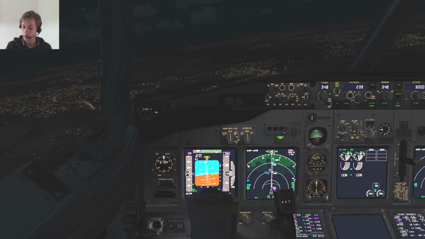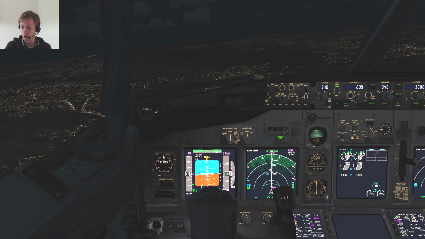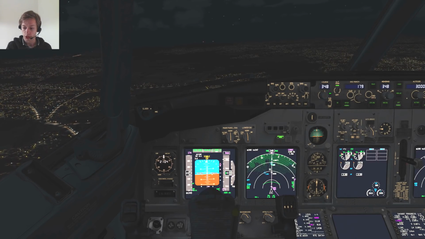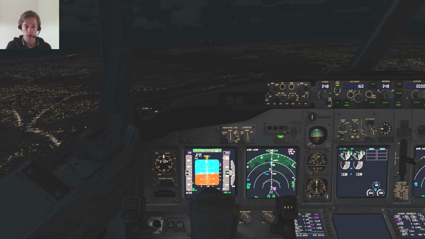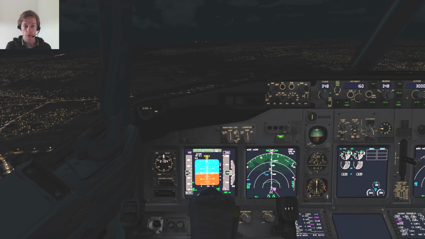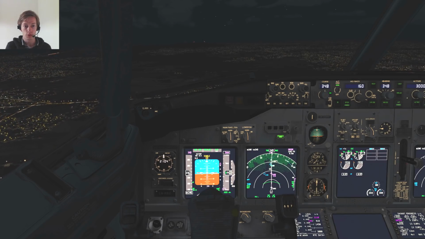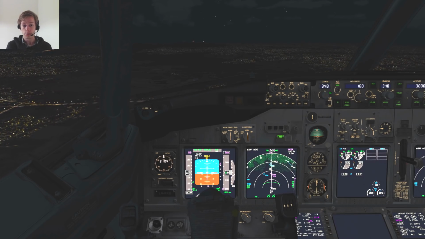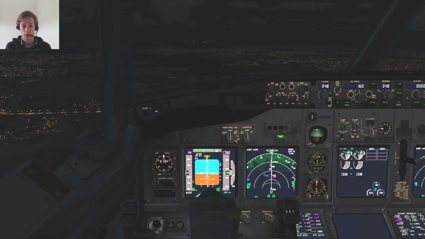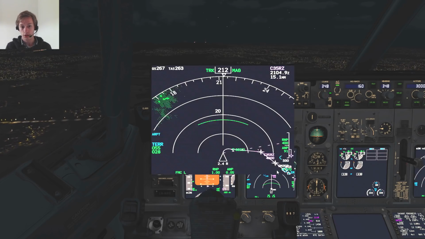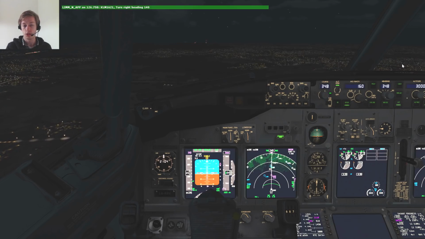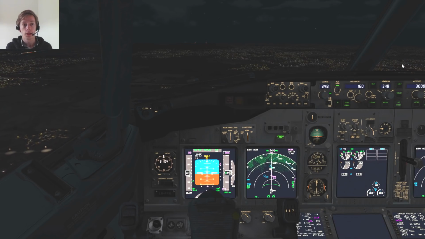And maybe I'm just going to switch to vertical speed mode to reduce my rate of descent, or I can reduce my speed as well to 160 knots until 40 miles. That's the usual speed that you want to have. So we're ready to descend right now to 3000 feet until we capture the glide slope. Speed brakes are still out because I want to make sure that I descend on time. Again, you can just use the VNAV function as a reference, so we're still below the profile, but that's okay because I still need to reduce my speed quite a bit. And it looks like